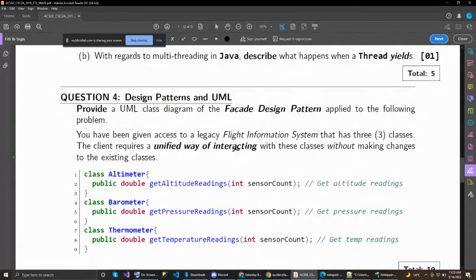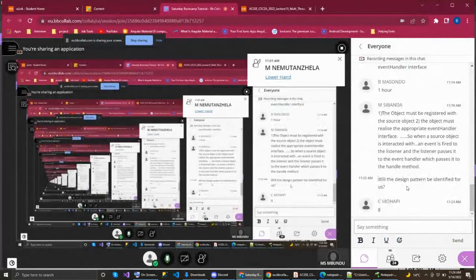All right, the first question you should ask yourself when you see something like this is which facade design pattern this is. We've got 3 categories of design patterns: behavioral, structural and creational. So you first have to know which category the design pattern you're being asked about falls under. So just quickly, when it comes to the facade design pattern, can you write in the chat to tell us